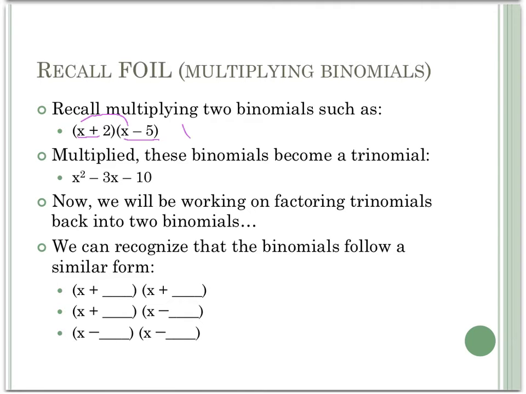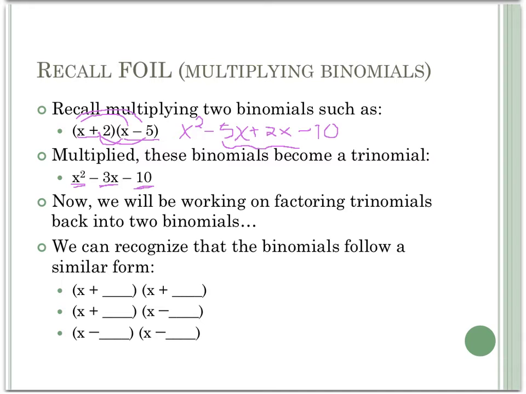We take the first, x squared, times the outside, minus 5x, times the inside, plus 2x, and then the last, minus 10. When we combine like terms of negative 5x plus 2x, we get x squared minus 3x minus 10. So that's FOILing, multiplying binomials, but now we want to work on factoring these trinomials, meaning 3 terms, back